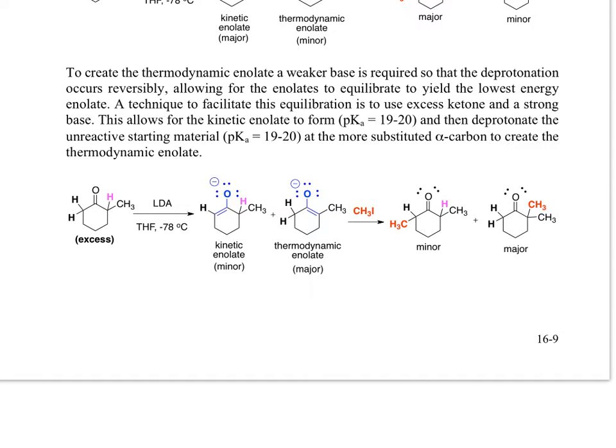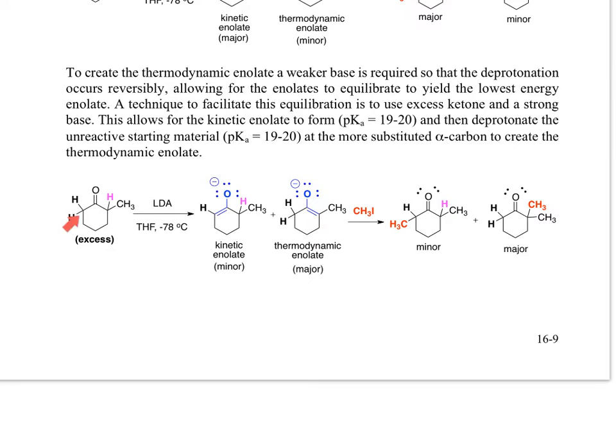And the trick that you have to play here is that you have to allow the kinetic and thermodynamic enolate to equilibrate between each other, because this is the lower energy enolate. So if you give it time and let the reaction equilibrate, they will funnel slowly down to give you the thermodynamic enolate. And the way that you can set up this equilibrium is to use an excess